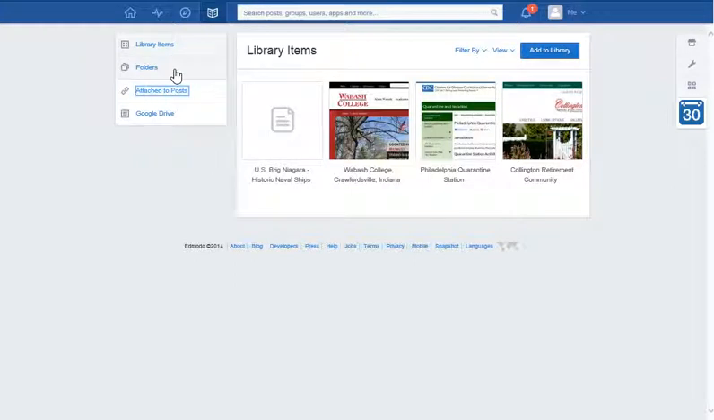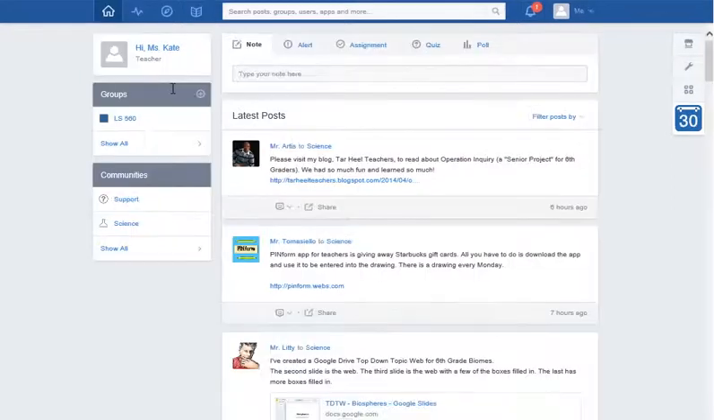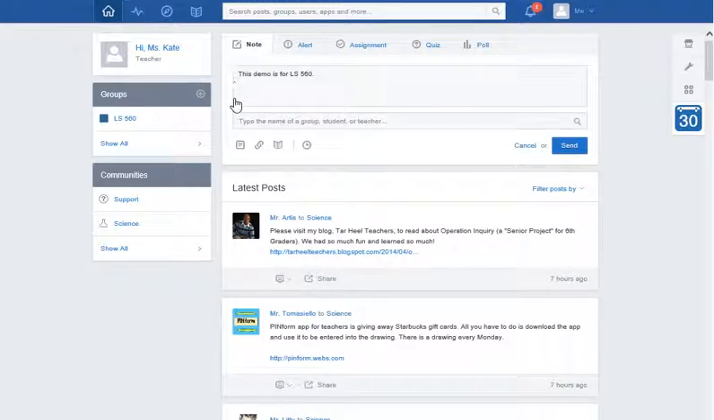Now I want to talk about how you can attach things to posts. Just as there is a wall on Facebook, there's a central communication feature on Edmodo. It's called a note. To send a note, you simply click on the box that says type your note here, and you get your typing done. You have a choice of sending this to a specific group, a student, or teacher. I'm going to send it